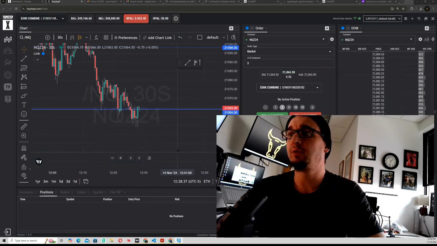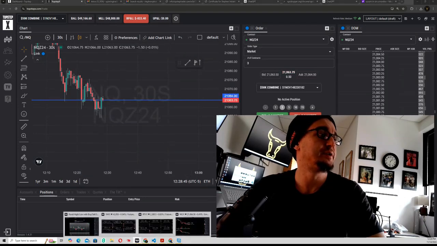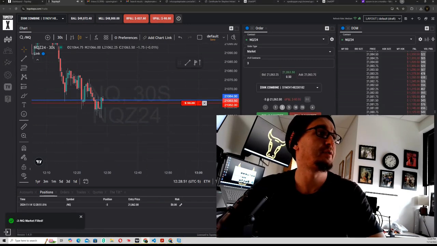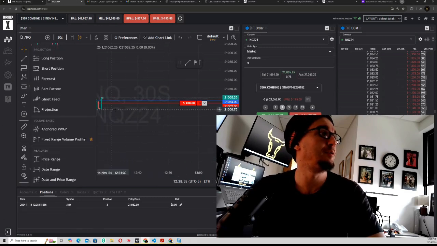We're looking for another 50-point short here, which is coming. We can see on all of our charting that it's ugly. It just has not been recovering from anything. So we'll take a 3 contract short, and we'll plot out